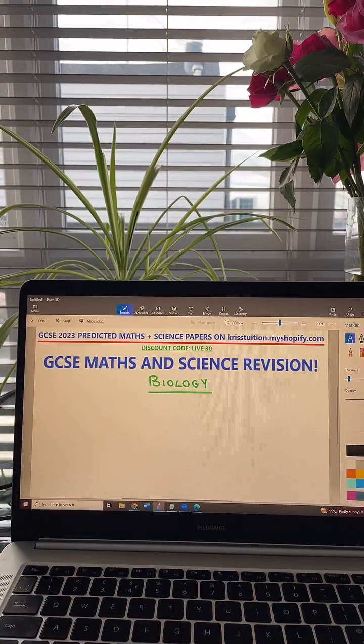So let's have a look at the next thing, which is bacterial diseases, okay? And we said earlier that the way bacteria actually cause disease is that bacteria release toxins. Those toxins are poisonous chemicals and they damage our cells, right? They poison and damage our cells. One example of a bacterial infection that we need to know is Salmonella. Okay, so Salmonella is very common.